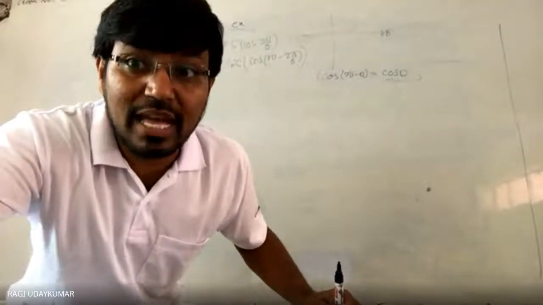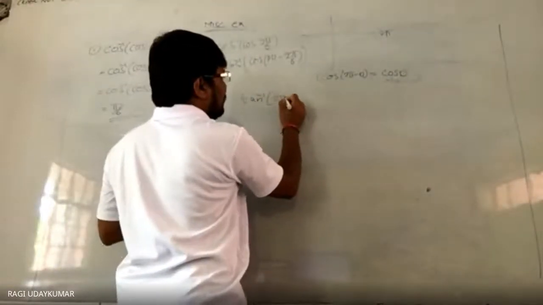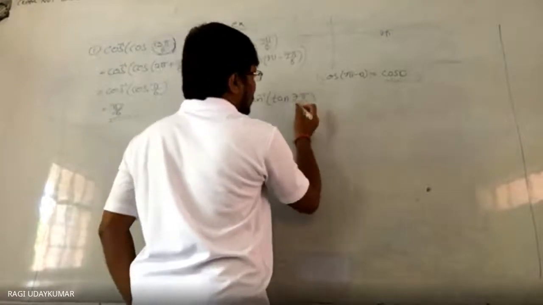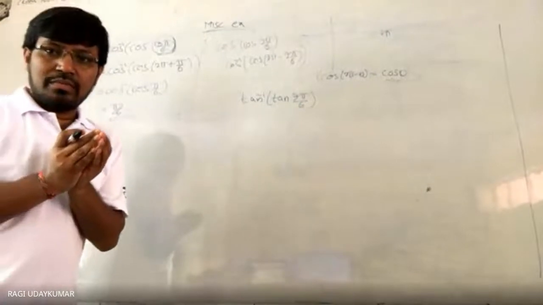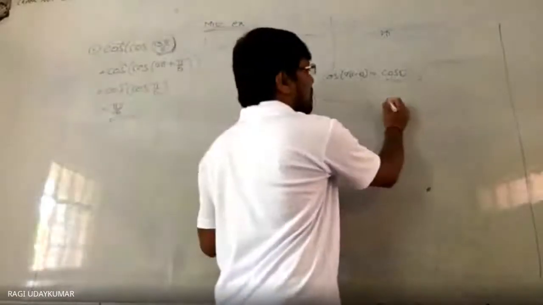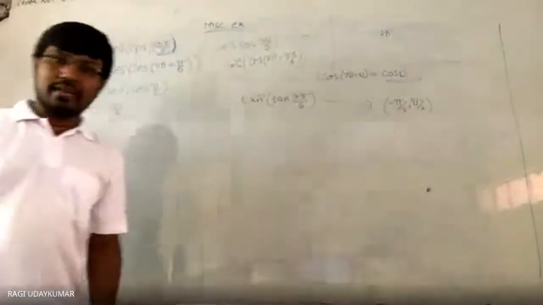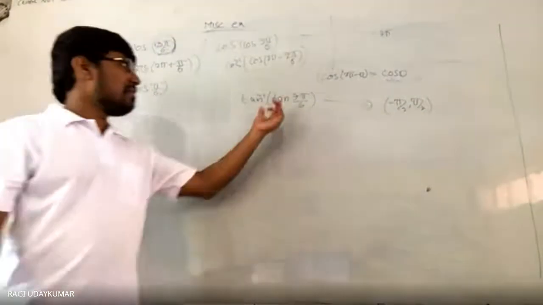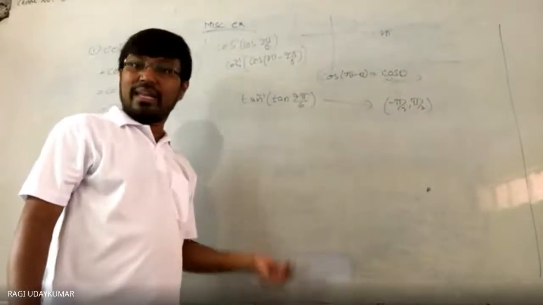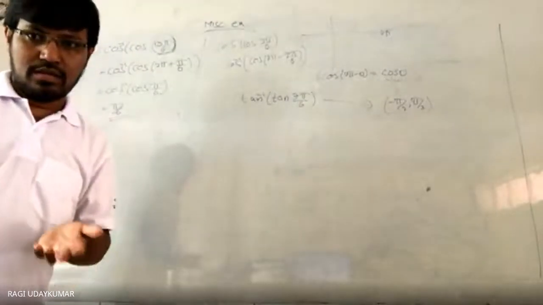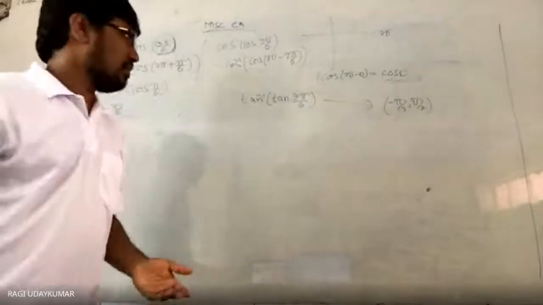Next question is given to you tan inverse of tan 7 pi by 6. देखो, next question is tan inverse of tan 7 pi by 6. Either you have to split this one 7 pi by 6 because this principal value branch is the open interval minus pi by 2 to pi by 2. So it should not be in that interval, तो इसको कम करना है angle को. Negative आ गया तो problem नहीं. So this can be written as pi plus pi by 6.